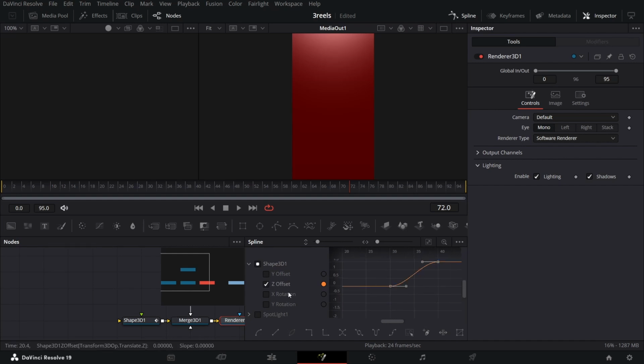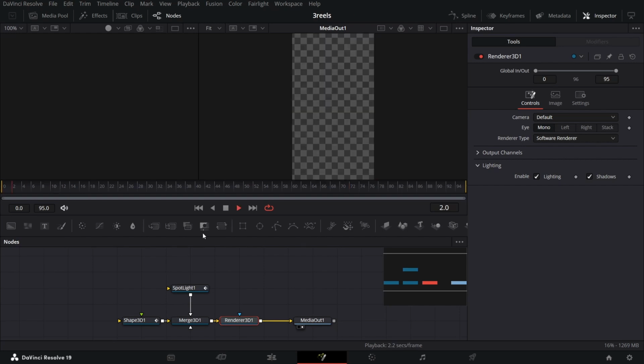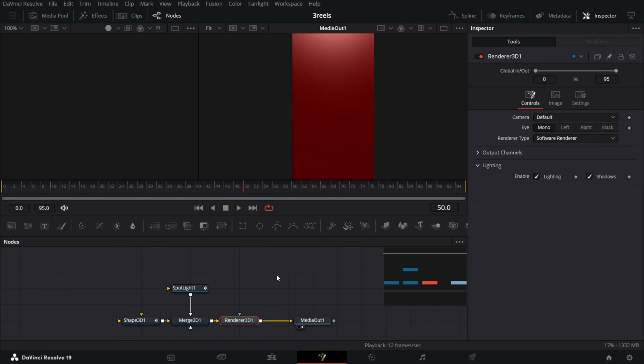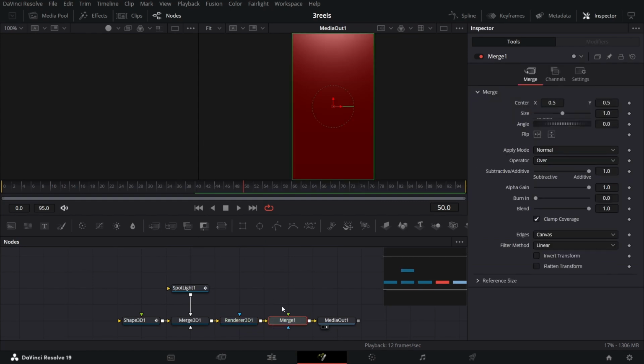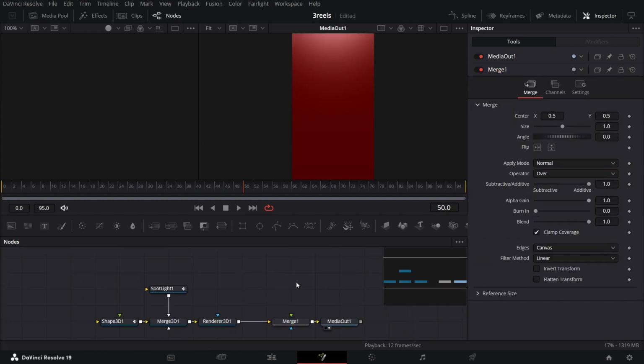Do the same thing for Z, the X rotation, and the Y rotation. So we are done with this animation, as you can see. Okay, while you have your render 3D selected, click on this merge node and let's drag this a little bit